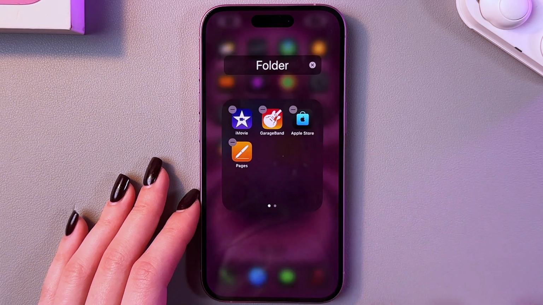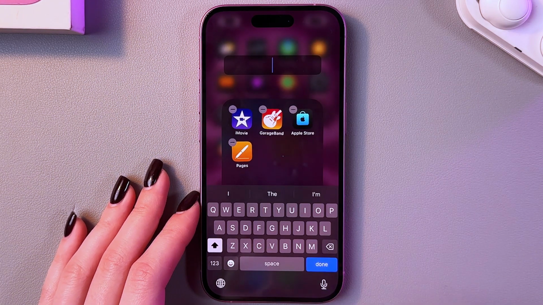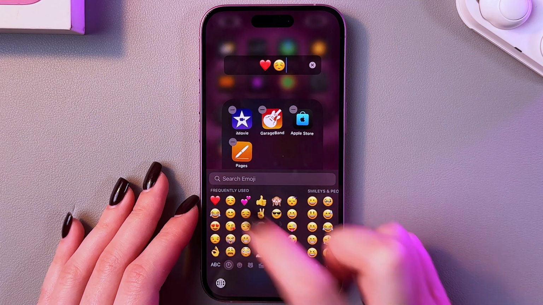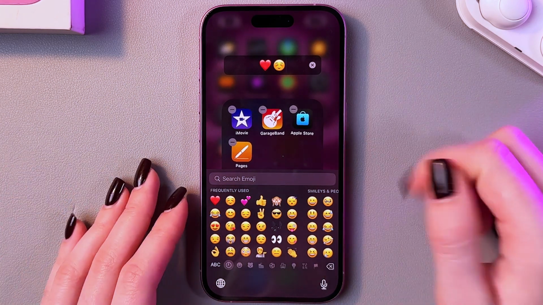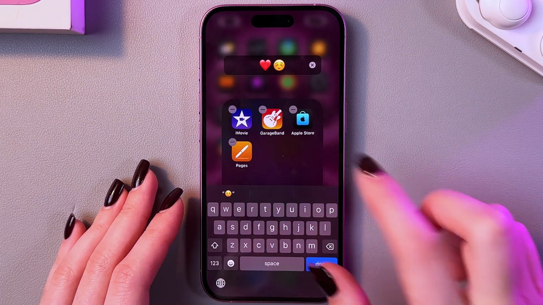Now we can tap on it, and here we can rename it with something else, and we can also use emojis here. So to save the changes, it is enough to just tap on any free space on the screen